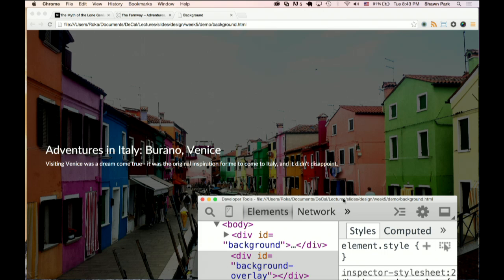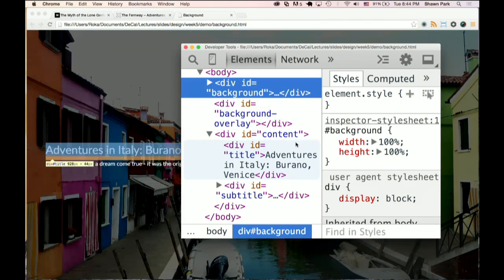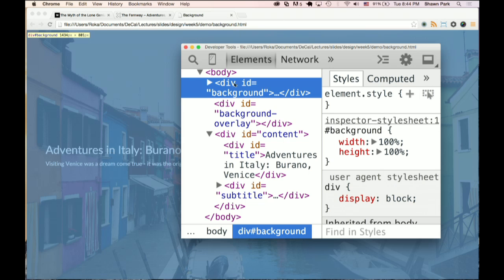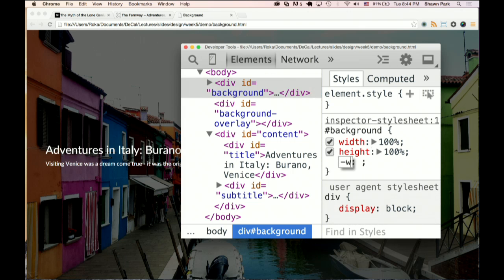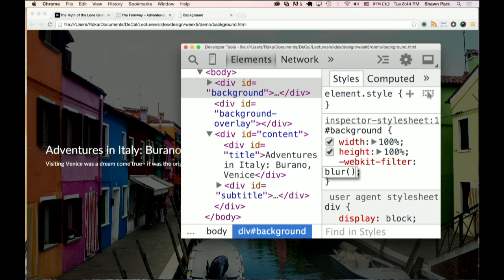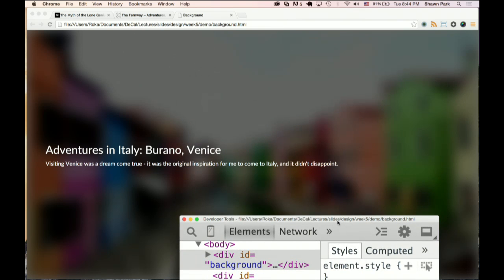Yeah. How would you go about making the iOS 8 glossy, translucent effect? You mean the blur? Yeah, the blur. So the blur, there are many ways to do it. There's this thing called CSS filter. So I could do WebKit filter blur 20 pixels. It makes it blurry. You could do this, but I don't recommend using this for 2 reasons.